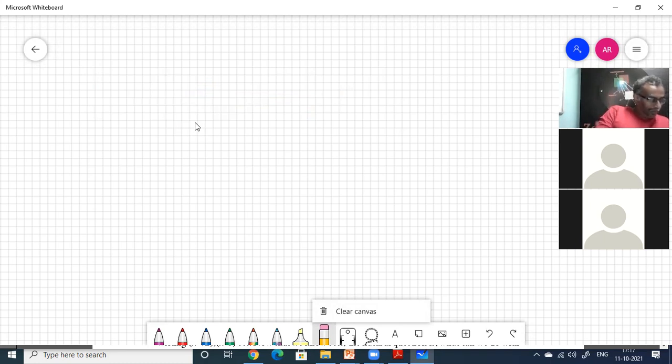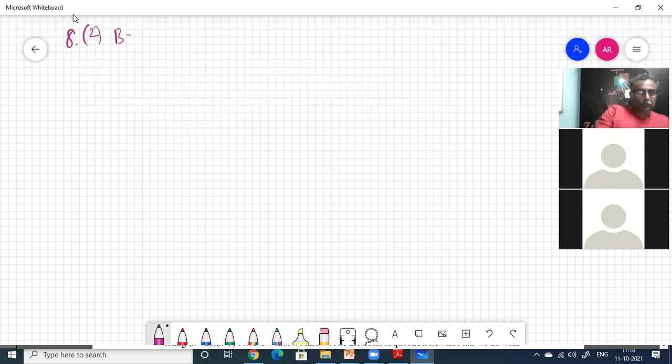Write down the power set of this one now. B is {1, 2}. Write down the power set of B. Arpana, who did it last time? Sandhya did. Okay, Arpana, you do this now. Write down P of B. Power set of B, P of B.